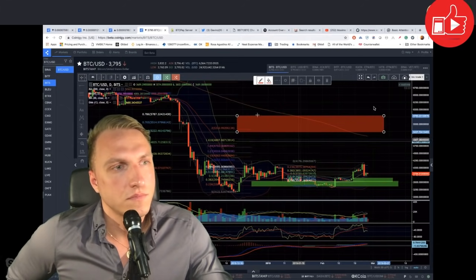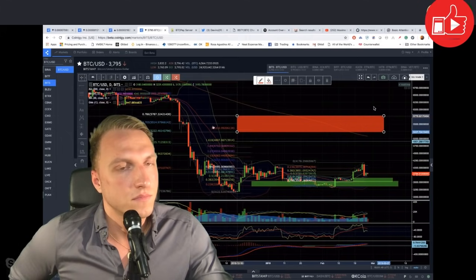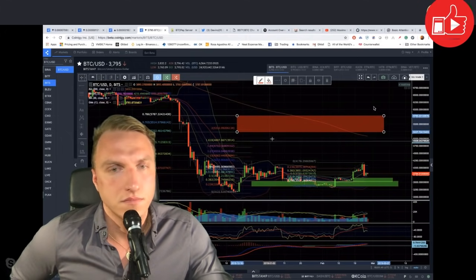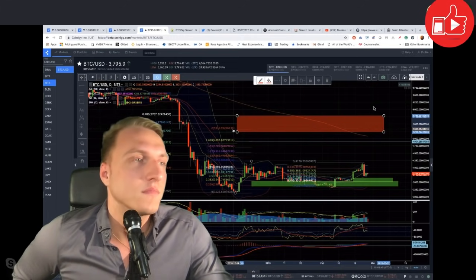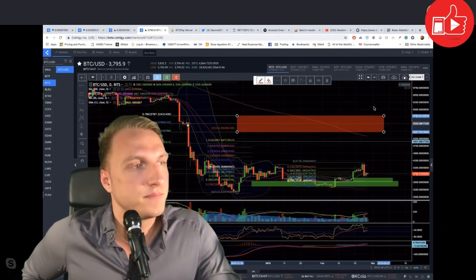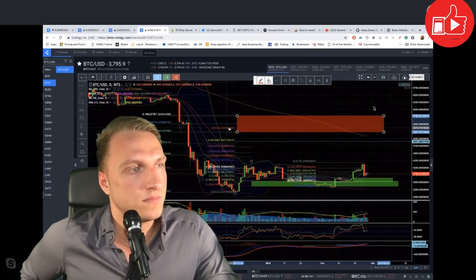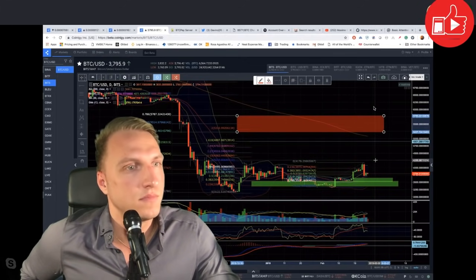Let's see here. What we could see, if we're looking at this chart, is that the market could even come up to here, and look at this. At this level, there's a lot of resistance. There's like a traffic area here. You can see that the market could even get as high as 5,300, and then just roll over and die,